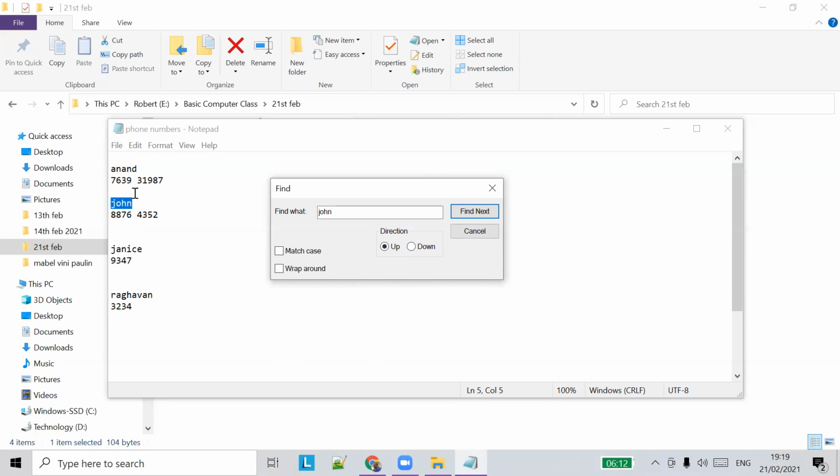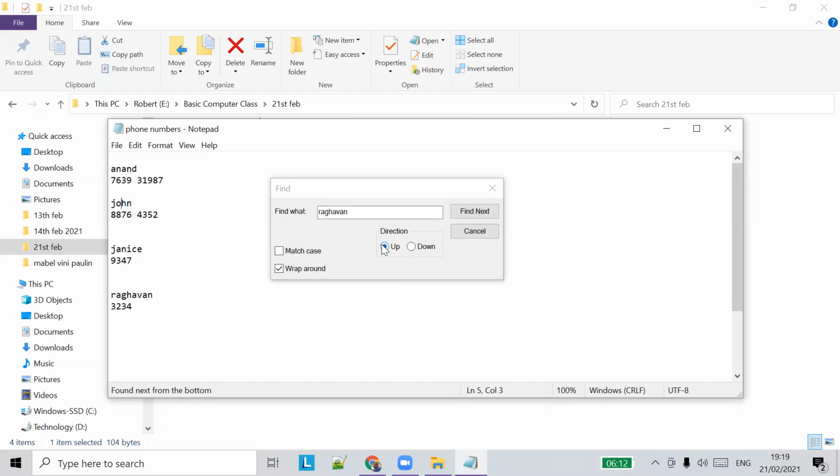I want to search up or down in both directions. So what I can do is I can say wrap around. With wrap around, we don't have to search for up or down direction. It will say find next, right? It will go up and find, and if there is nothing, it will start from the bottom again. So if you see, let's say I have kept my cursor at the John.